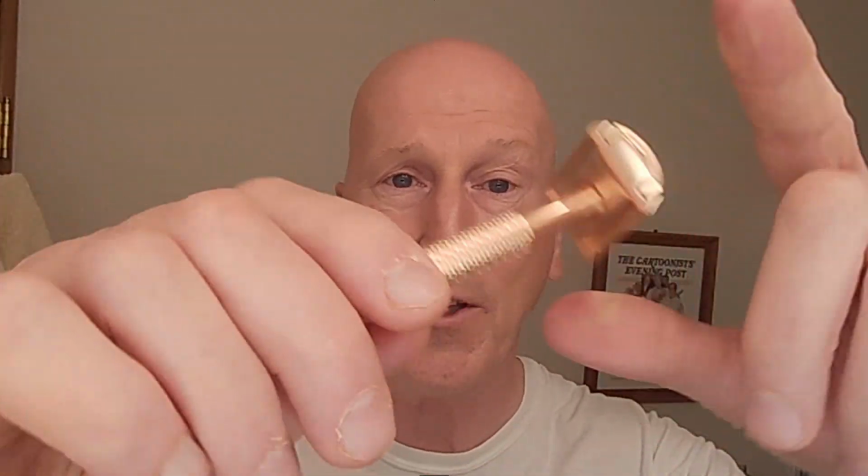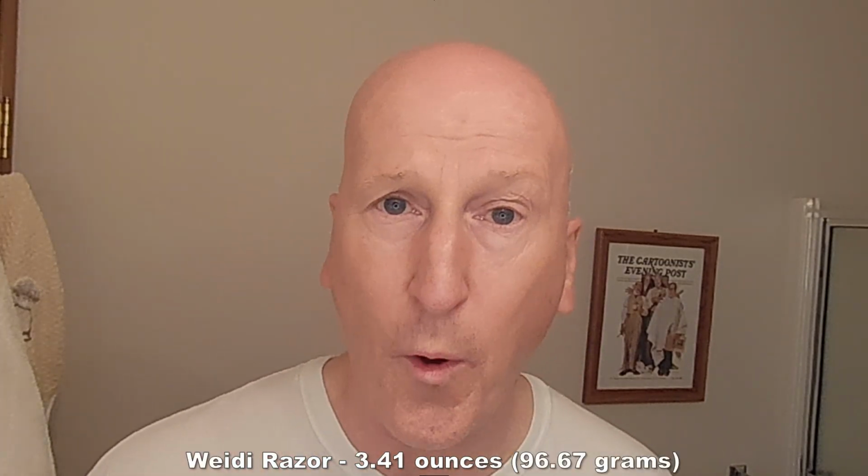Really just a terrific looking razor. Now, I've got my scale right here, and I'll let you know what this weighs in versus the King C Gillette. Let's turn it on. Now, the Weidi weighs in at 3.41 ounces. The King C Gillette, which is right here, weighs in at 3.62 ounces. So the Weidi is a little